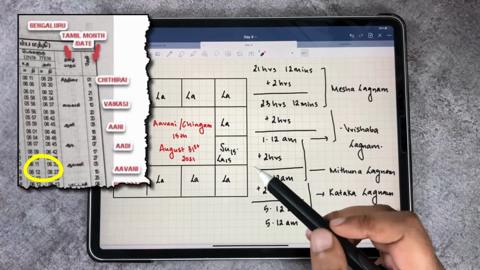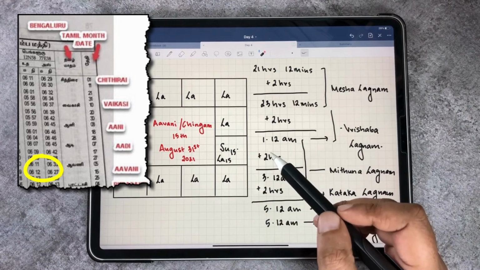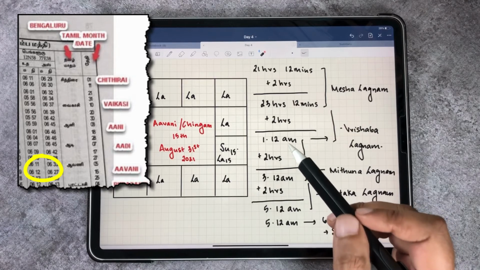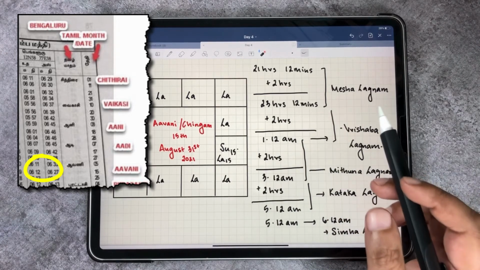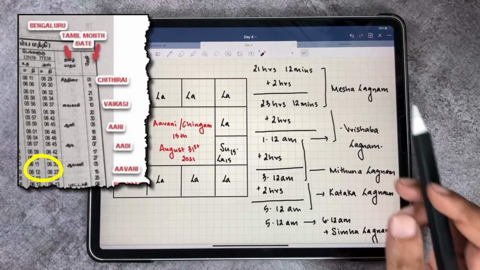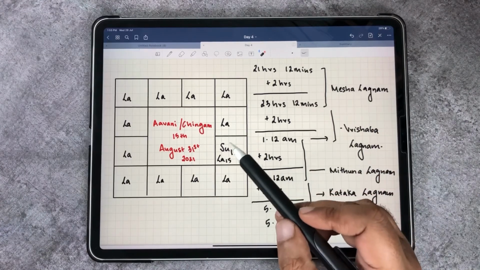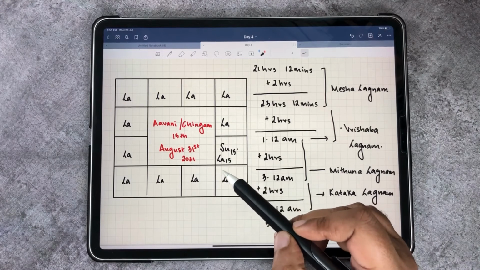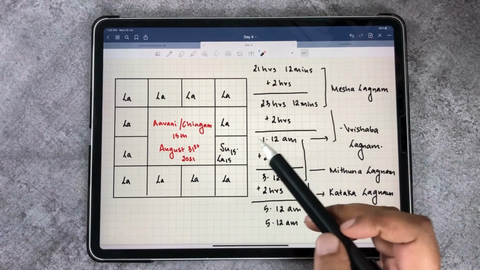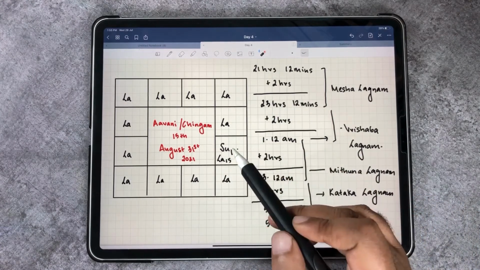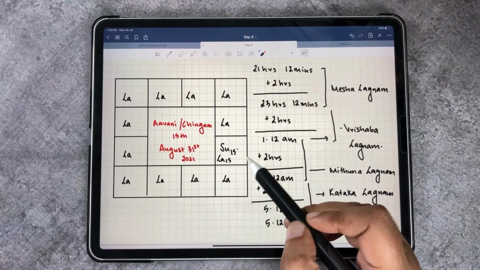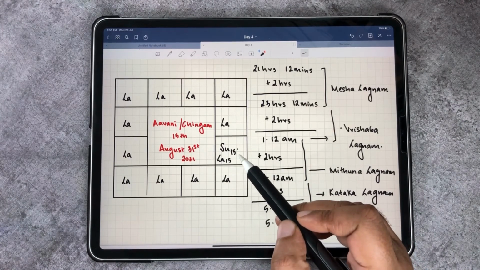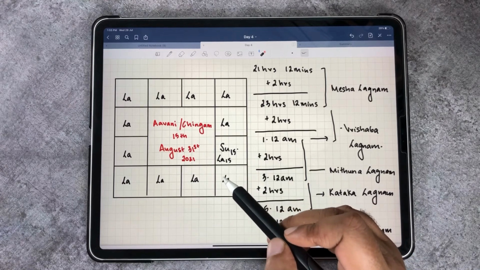When is the Surya Astamanam? It is at 18 hours 27 minutes or 6:27 p.m. So what is the Agas for the day? 12 hours 15 minutes. So from the Surya Udayam, the first Lagna will start. Since the child is born at 6:12 a.m., he or she would have Simha as a Lagna. So from the Surya Udayam, I repeat, the first Lagna for the day will start.